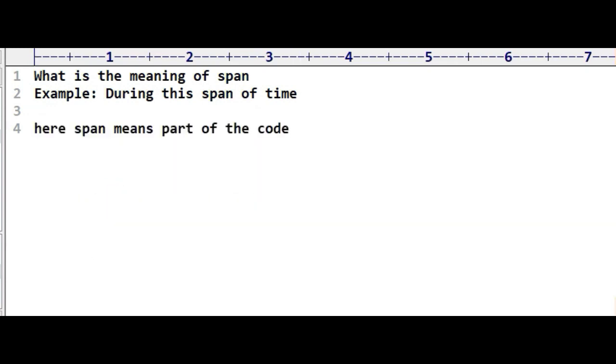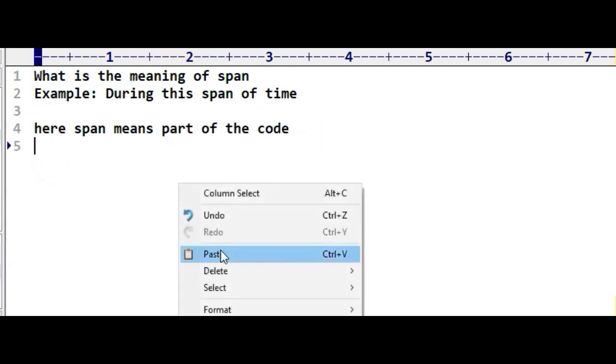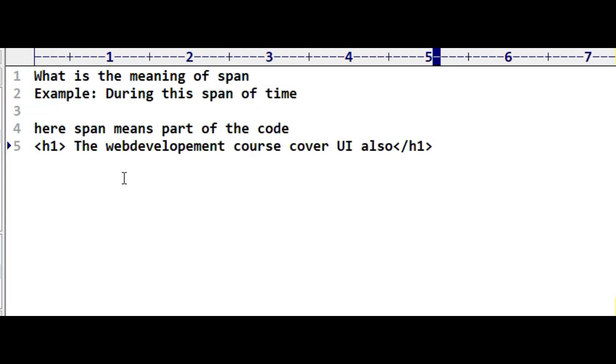For example, there is one heading like this: the web development course covers user interface also.